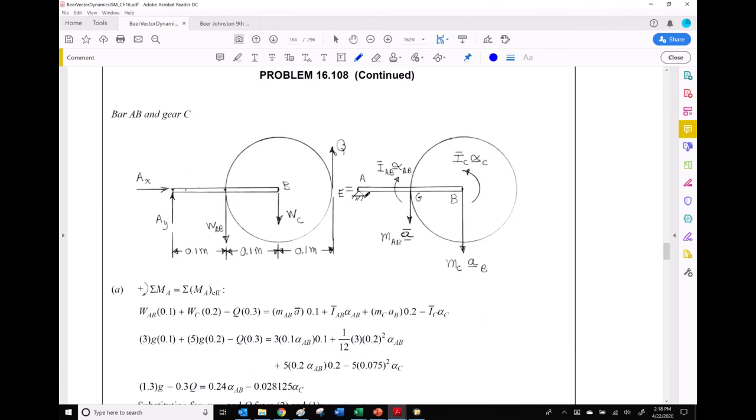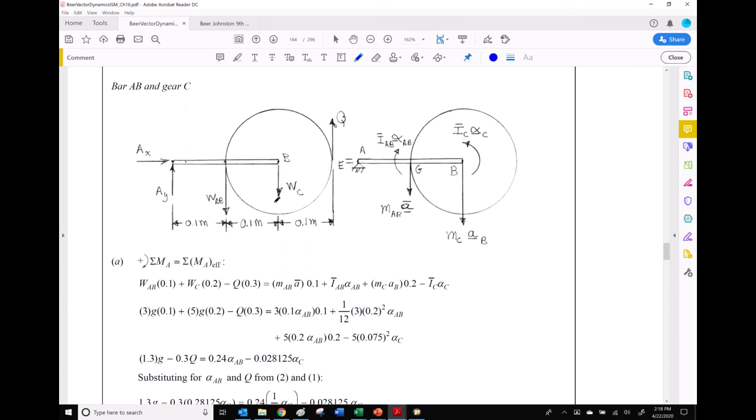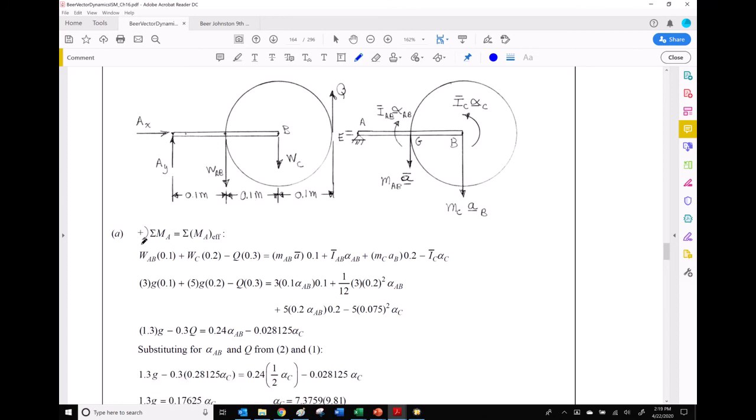So we proceed, and now what they decided to do was to take these two parts and put them together. There's nothing wrong with that. We do have the weight of WC over here. So they now take the effective moments about point A, so they can eliminate a y right here, so we don't have to use it. And they find here's all the weights that are going downwards, and then you still have this QC that's going upwards, so it's negative. And they're taking,